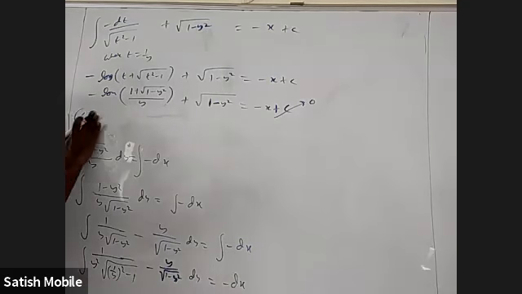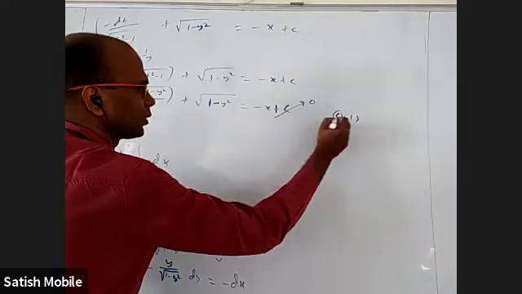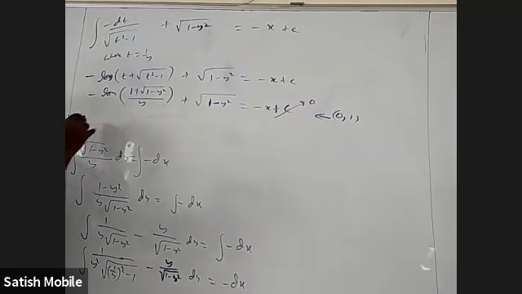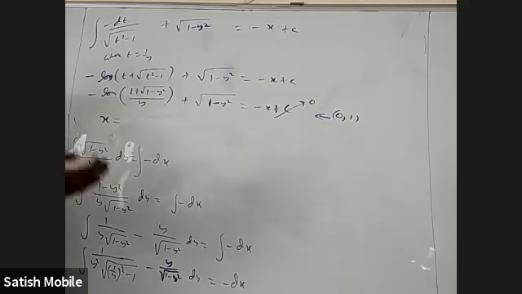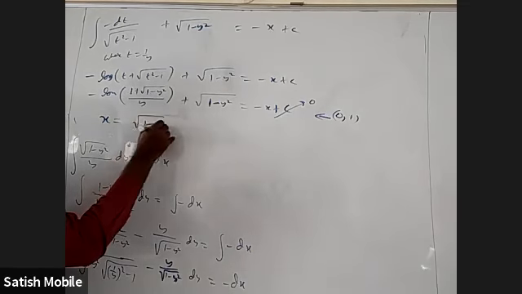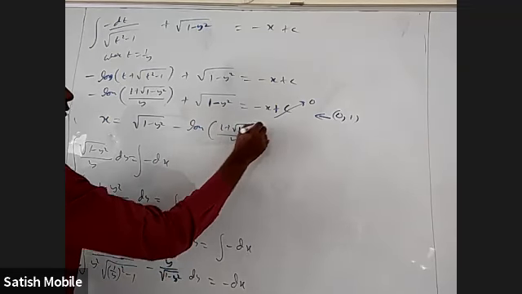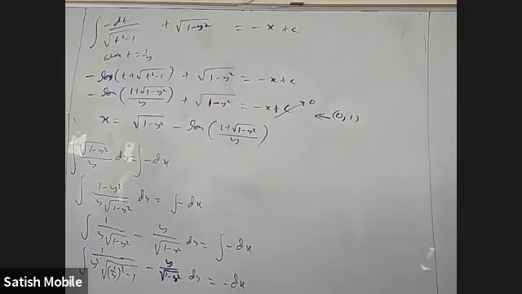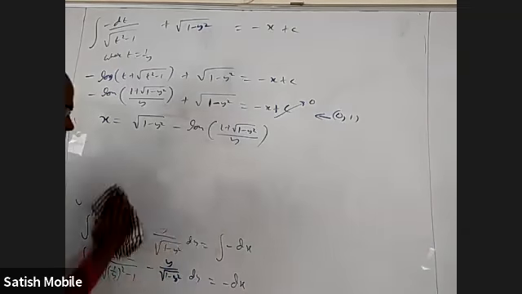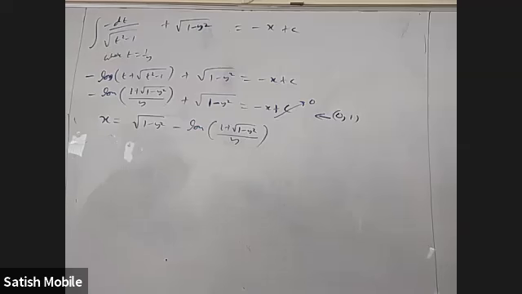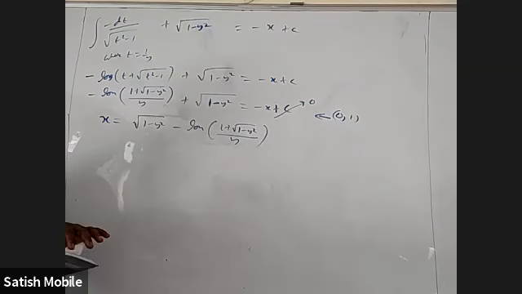By substituting 0 comma 1, we got the constant is 0. At least we got the curve, but not y in terms of x; we got x in terms of y as root 1 minus y square minus log of 1 plus root 1 minus y square by y. Okay, this was not easy, quite difficult. And we might have given this question in another way, I'm sure, somewhere in the beginning, or I might have removed it.